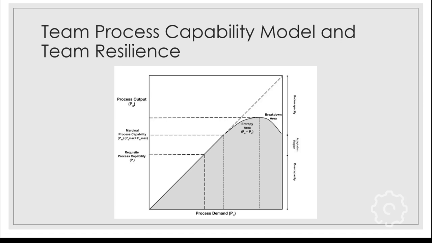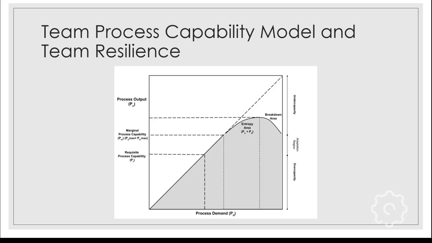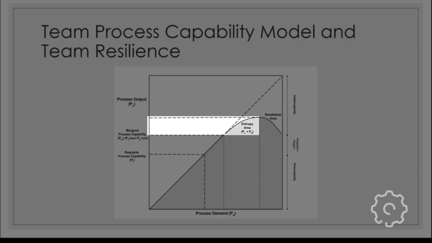Now, once you get beyond that, we begin to have to stretch the team. They begin to work outside of their comfort zone to a marginal process capability area. This marginal process capability area is the area where they could perform at a short-term level before the team begins to start to wear down or break down. Past the marginal process capability area, we start entering this entropy area where we start to get diminishing returns on the process outputs. And then once we get to the peak, we have this breakdown area where suddenly the team